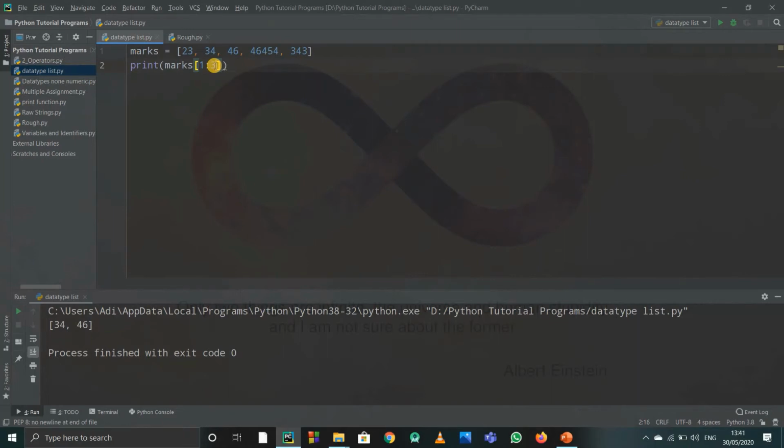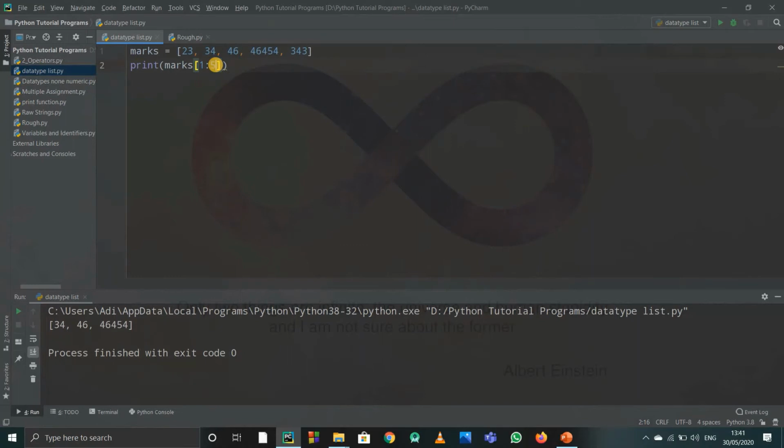So to include 3, we need to write here 4. So that 4 will get excluded and 3 will get included. So to print out all these things, we just print up to 4. But the index of 4 is 343, so 343 is actually excluded and this number is included. So we printed out all these values.